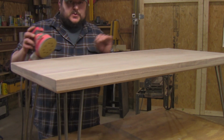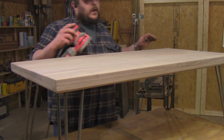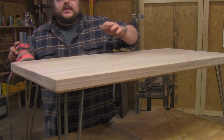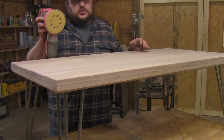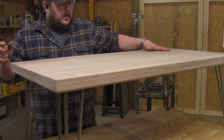I actually sanded it with 220 grit, which I have right now. I sanded it with 220 grit, and I added water just on a rag, and I stimulated it and brought off the little fibers up. And I just resanded it with 220. That way, once you put your little finish on,